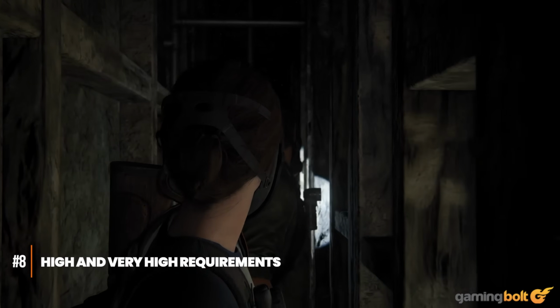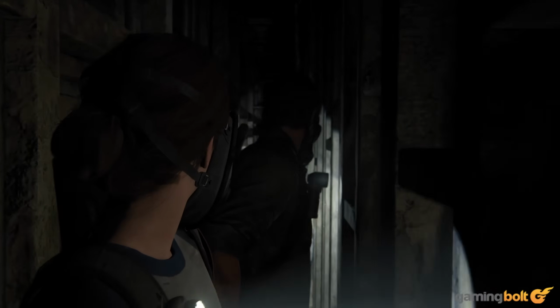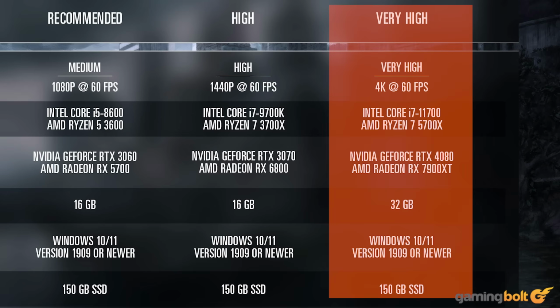High and very high requirements. For those who want to play The Last of Us Part 2 on the higher settings on PC, higher setups will also be available. High requirements will run the game at 1440p and 60 FPS. You'll require either an i7-9700K or a Ryzen 7 3700X, along with either a GeForce RTX 3070 or a Radeon RX 6800. Meanwhile, very high settings will also be available, running the game at 4K and 60 FPS, and will